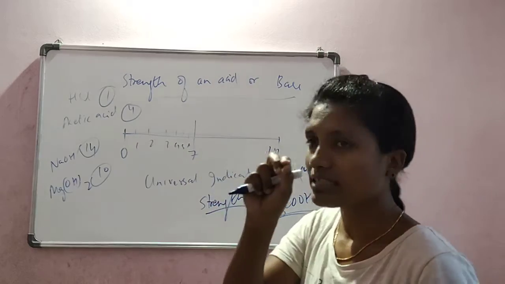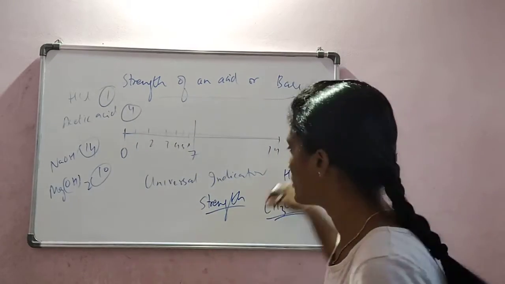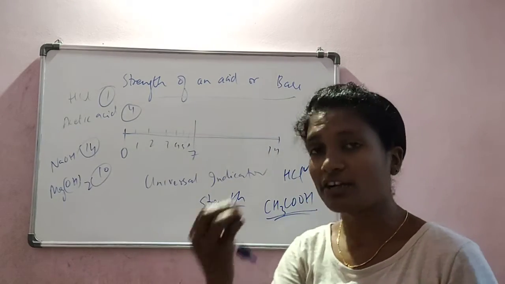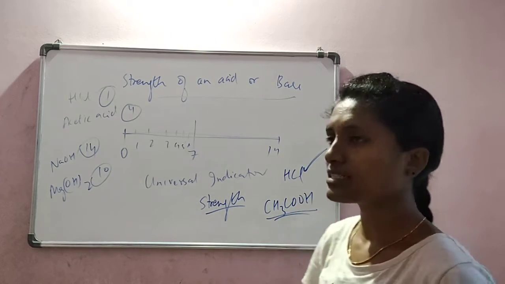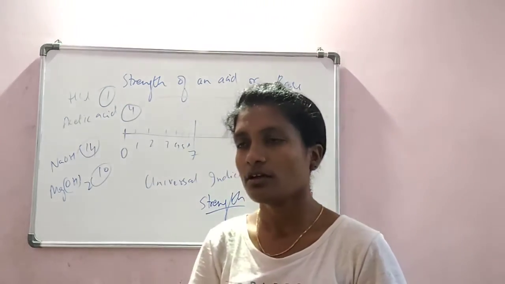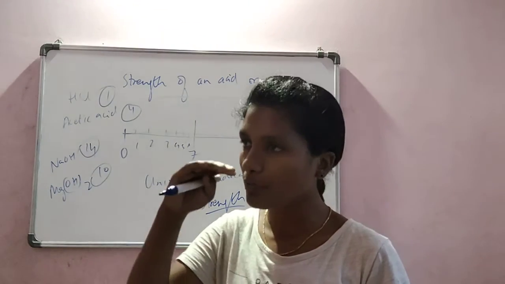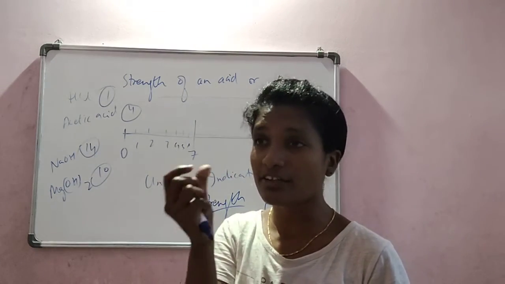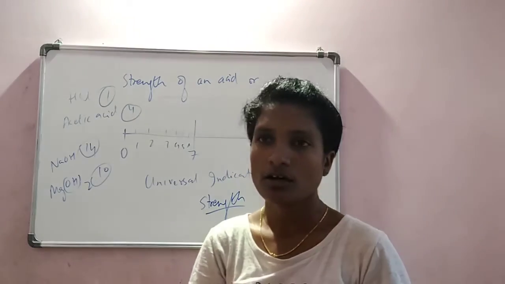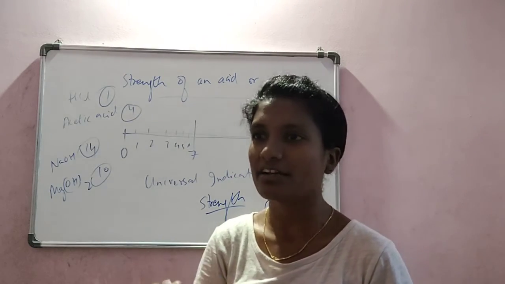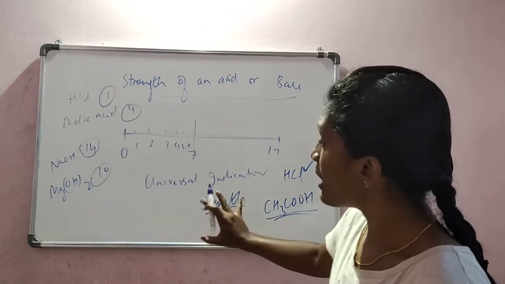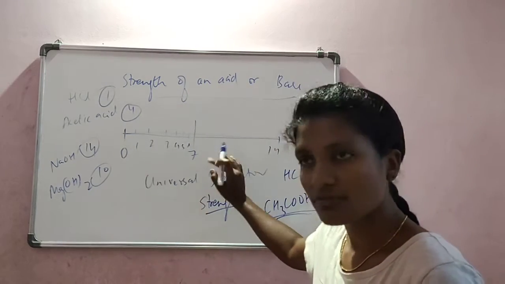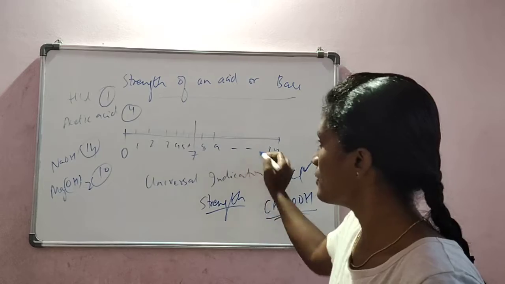universal indicator. It is a paper. When it is put in HCl, it gives you a kind of color. Similarly, when it is put in acetic acid, it gives you a slightly different color. Of course, they all change from blue to red, but there is slight differentiation in the red color. It can be light red, mild red, faded red, or dark red, etc. So we'll see which colors represent which numbers on the pH scale.